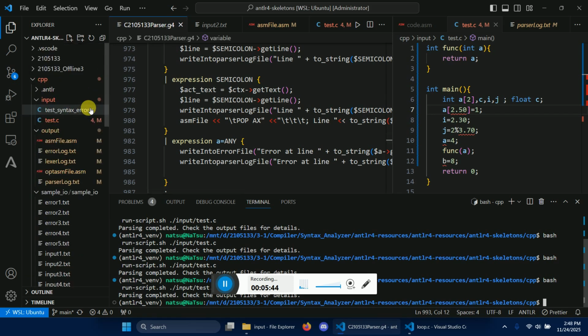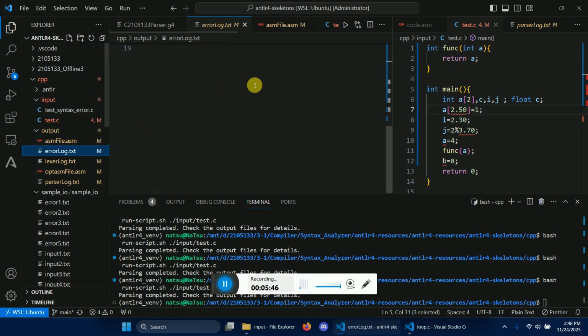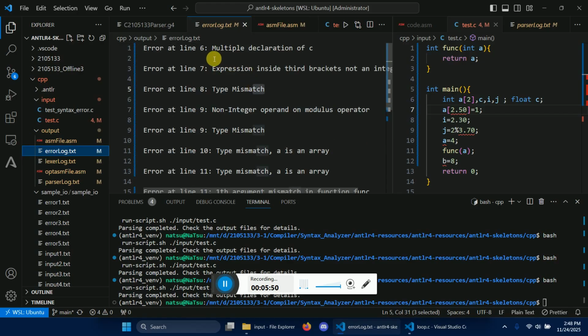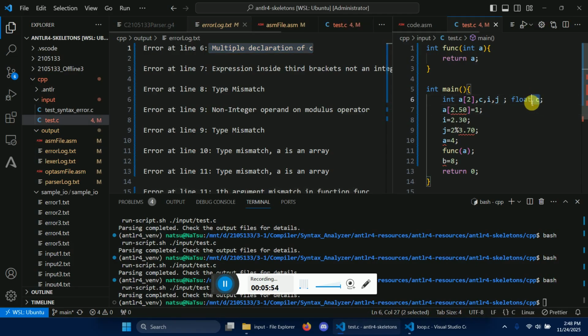We'll have to check the error log, and we got multiple types of errors. It can show that in line 6 we have an error, multiple declaration of C, as we can see that float C and int C are there. Line 7 also has an error, line 8 has an error, type mismatch, that is, i was integer but we're assigning float